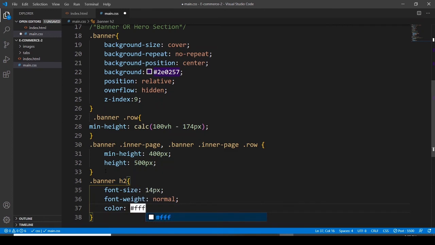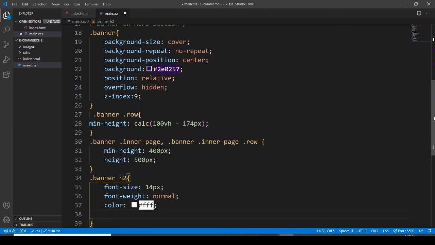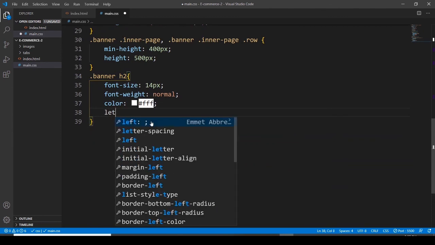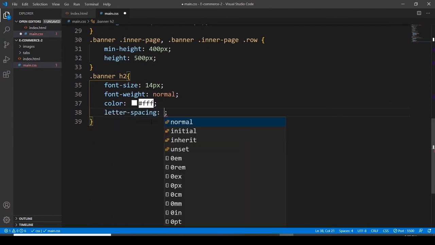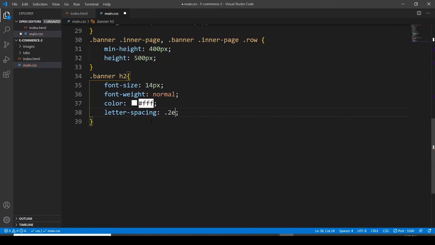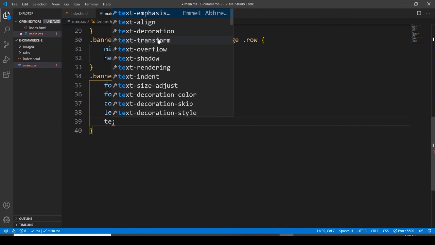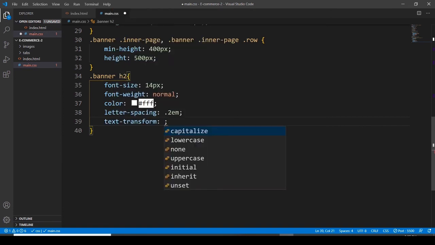Color, I'm going to use white. Let me bring it here. Letter spacing 0.2 ems. And text transform, this could be uppercase,